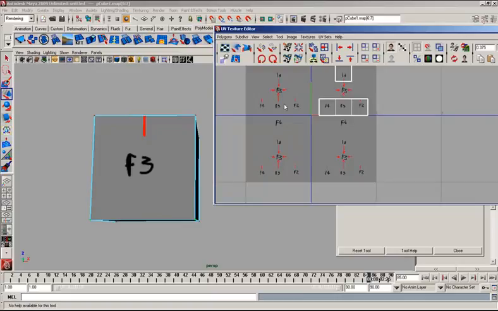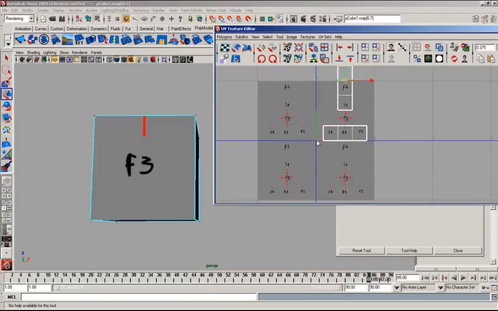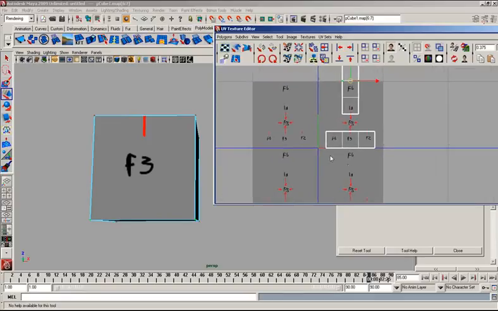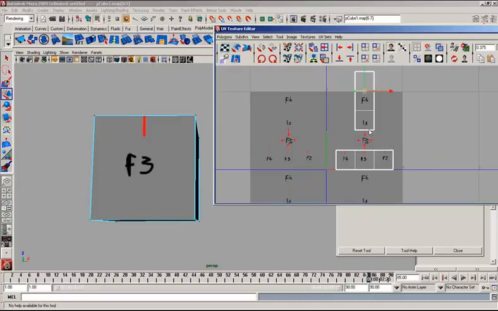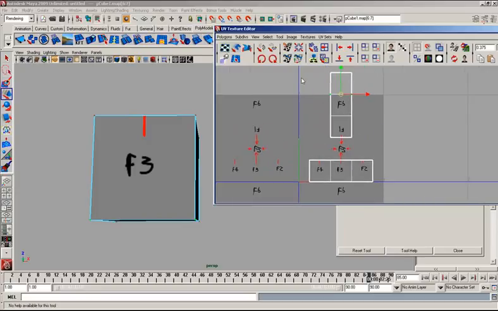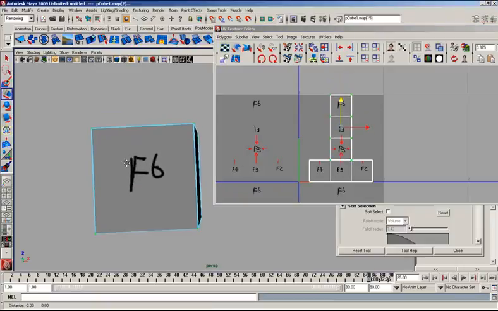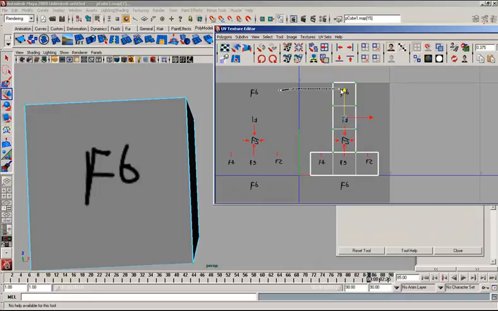It repeats every time. This is like a Cartesian plane, so you know you're always going to have a 0 in the middle, 1, 1, negative 1, and negative 1. And the point here is that it will repeat every time. Okay, so you gotta make sure that you keep your meshes inside of that 0 to 1 space, so that you don't have repeating